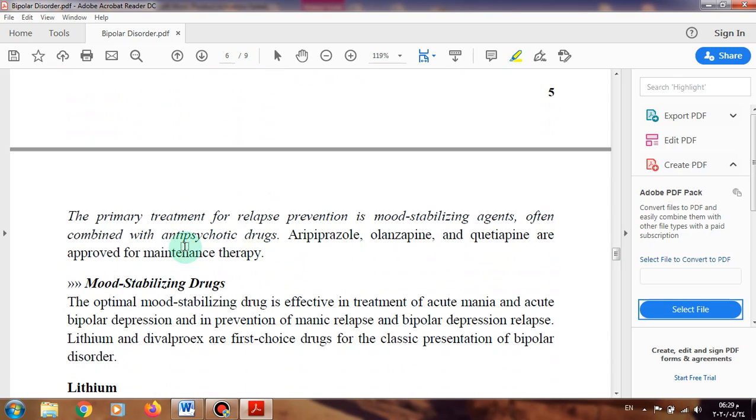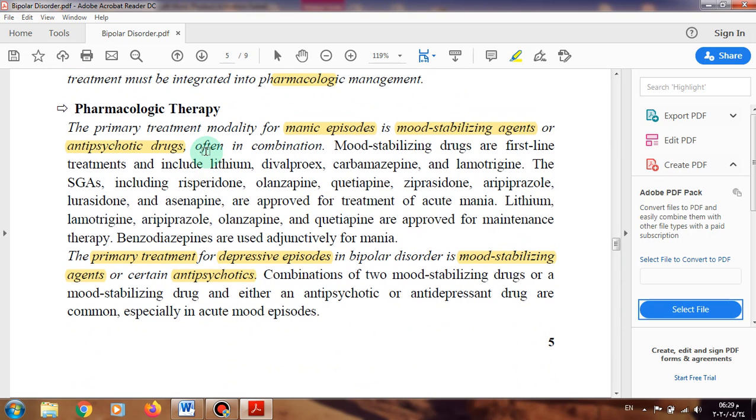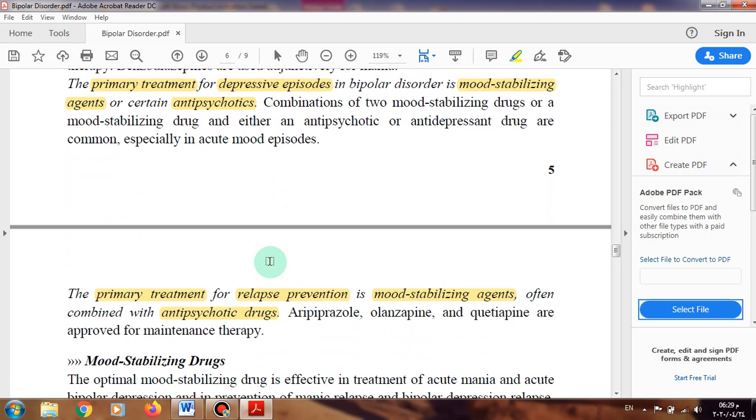The third condition is the primary treatment for relapse prevention. Relapse prevention is mood stabilizing agents often combined with antipsychotic drugs. So in the three conditions I have: primary treatment for manic episodes, primary treatment of depressive episodes, and the prevention of